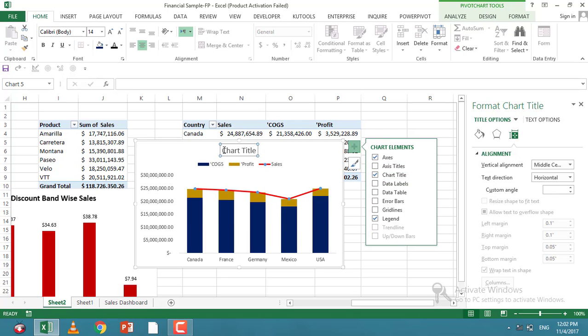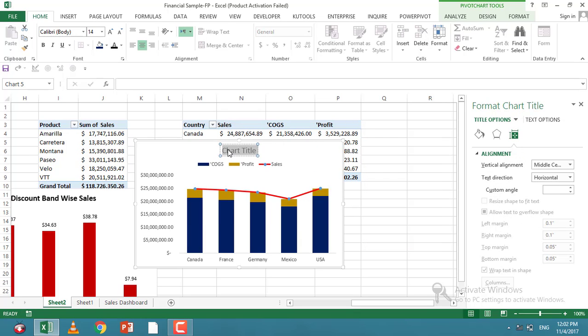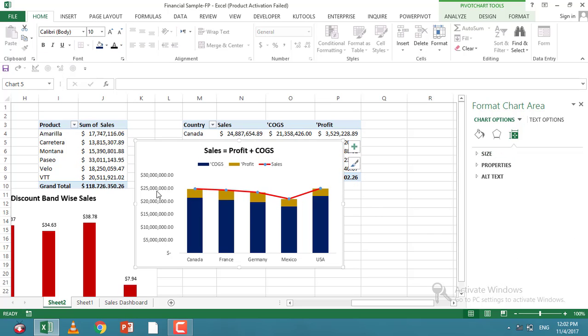Add chart title. What I'm going to put here is sales equals profit plus COGS, and I want to see it in black and bold. This is really looking nice. And